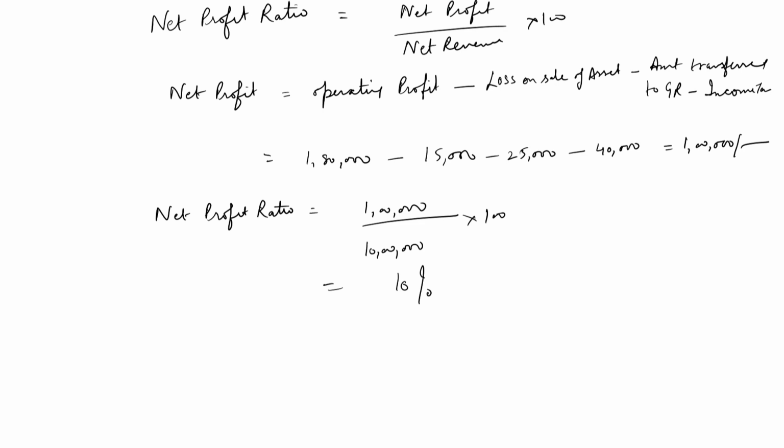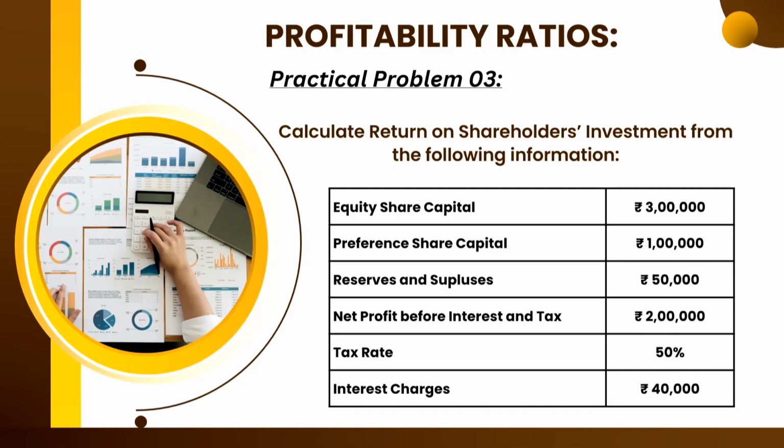Moving ahead to question number 3. Calculate return on shareholders' investment from the following information: equity share capital, preference share capital, reserves and surplus, net profit before interest and taxes, tax rate and the interest charges. So first we talk about the return on shareholders' investment. The formula is return on shareholders' investment